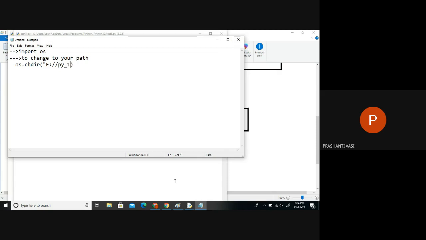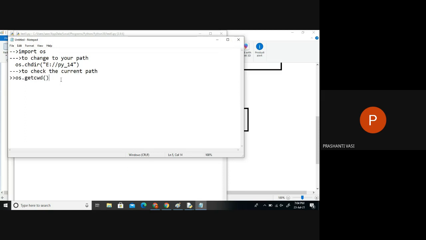By this, the directory is changed to your path. Now to check the current path, where am I currently, we can call os.getcwd, get current working directory. This will show you the output on the screen, because on the shell when we print, it will show the current working path. Okay.